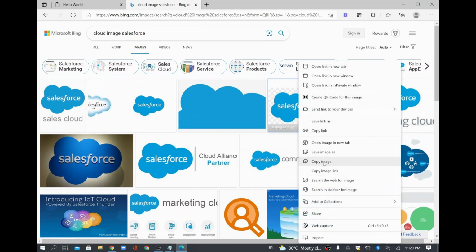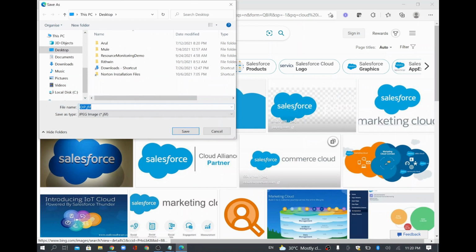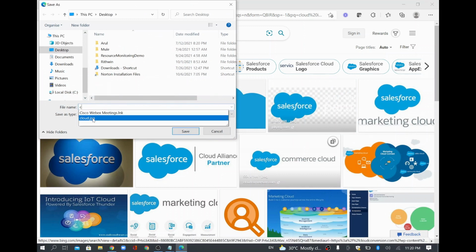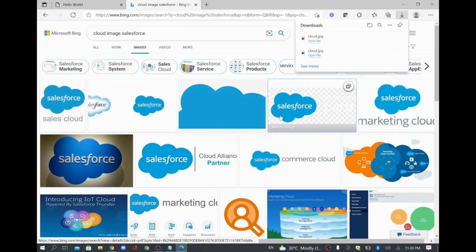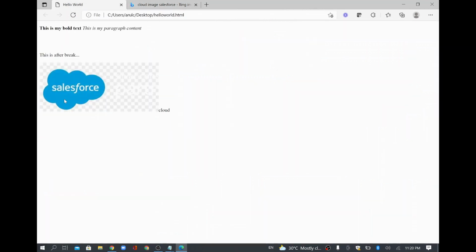I'll try to save it in the same file name, cloud.jpg, because the earlier image was not complete, and it was cut at the end. So I'll download the valid image now. So now I saved that file. I'll refresh it. See here, the Salesforce image is referred there.